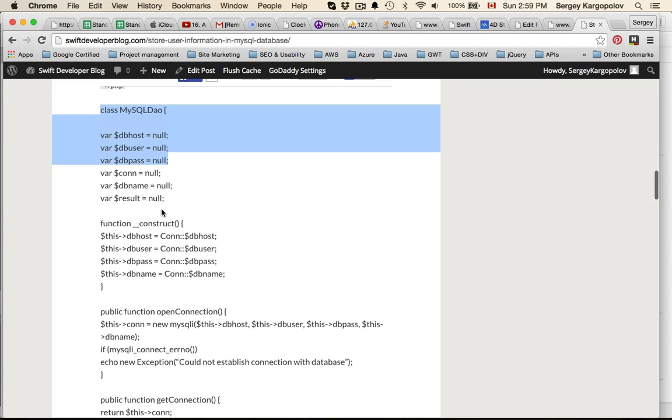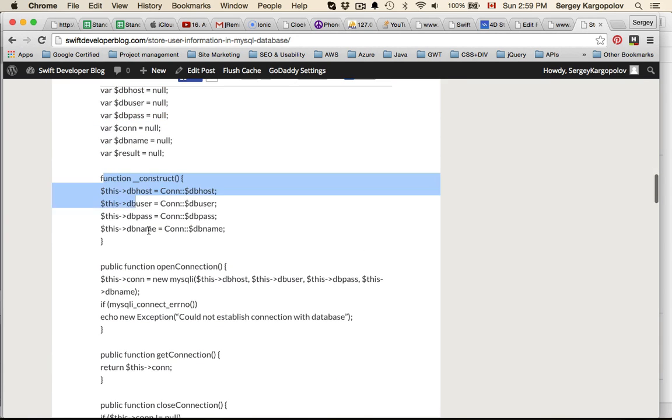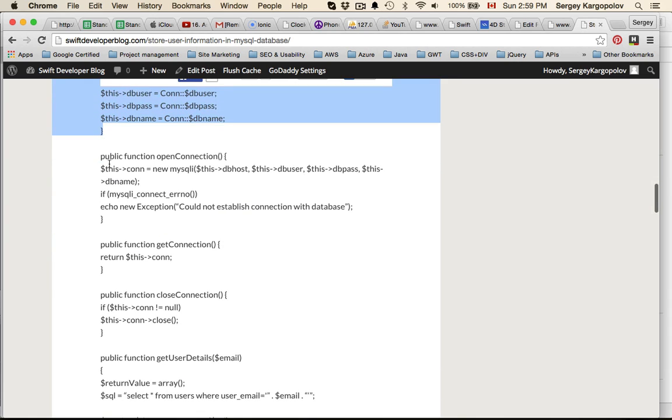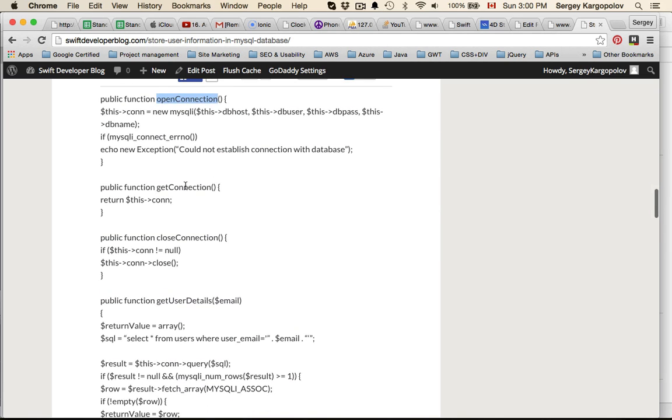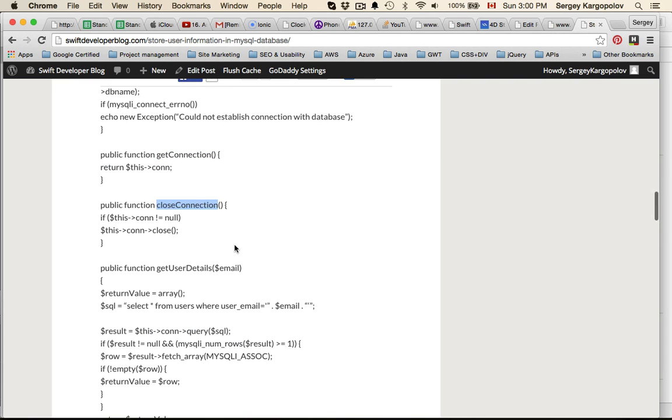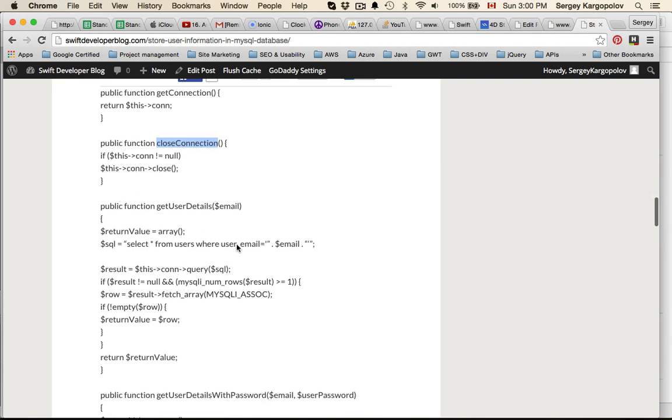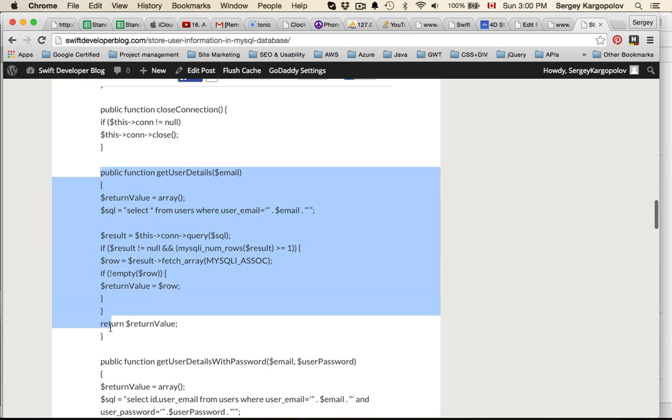So I'll quickly walk you through. Basically, this is the constructor, and then this function is to open a connection to the MySQL database, to return the connection, to close the connection when we are done working, and this function is to get user